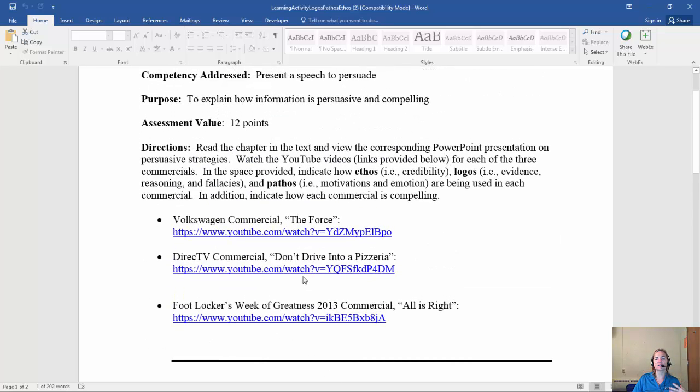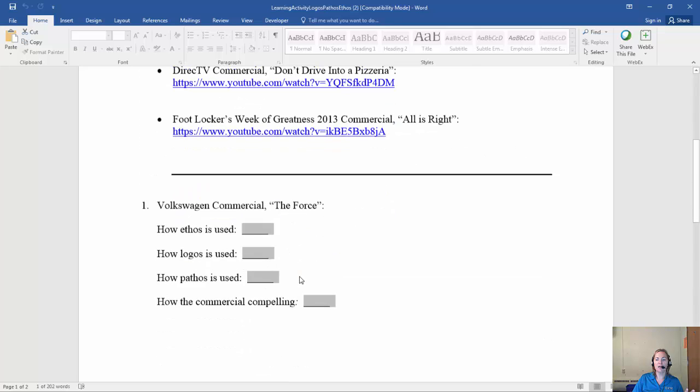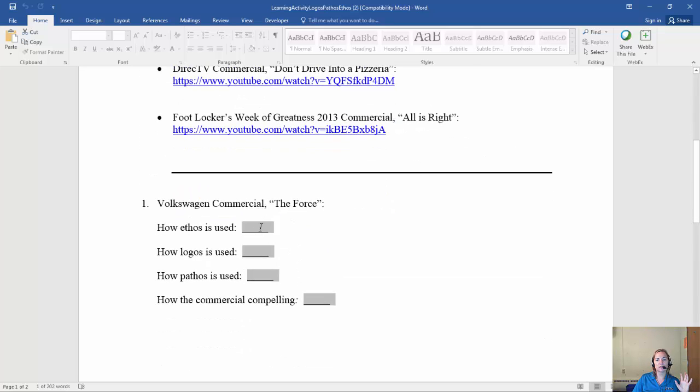So ethos is the credibility, logos is the evidence, reasoning, fallacies, pathos is the motivations and emotions. So you'll be reading about those in chapter 17, and then based upon that, you'll be looking at different commercials